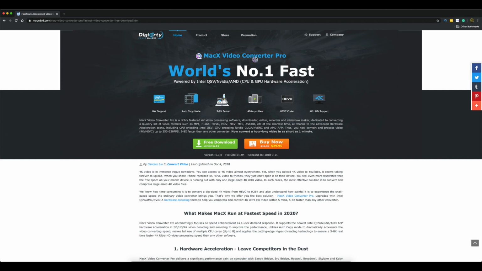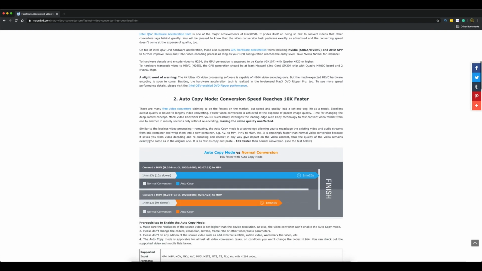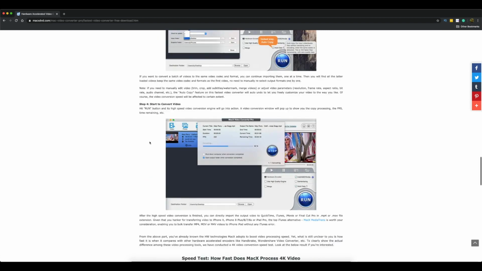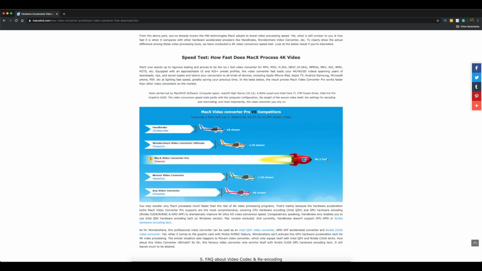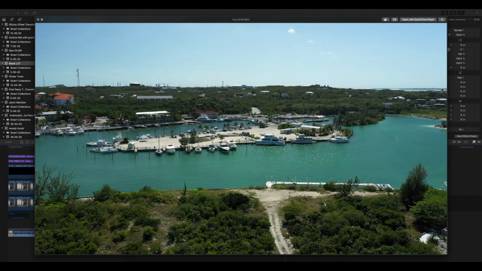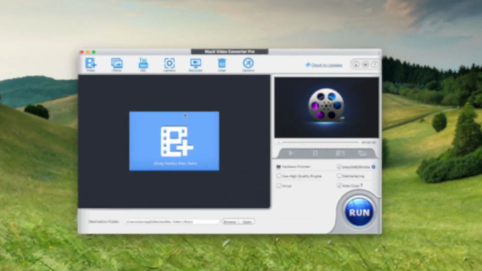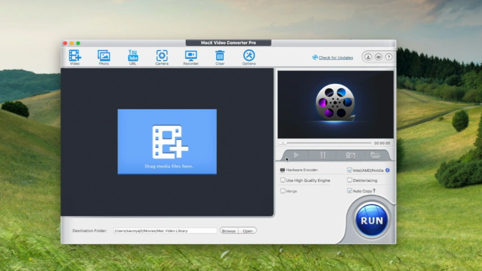Basically, this Video Converter Pro is called MacEdge. The Windows version is called WinEdge Video Converter Pro. Now this costs only $30, which is $29.95. It is one of the simplest video converters which I have seen, and they claim to have the fastest speed compared to any other video converters out there, which you can see on the screen. This is a very cool thing to have because it can convert any kind of footage, including 4K footage and DJI footage in HEVC format, into a simpler version such as H.264 MP4 format, which you can easily edit on any low-end computer.